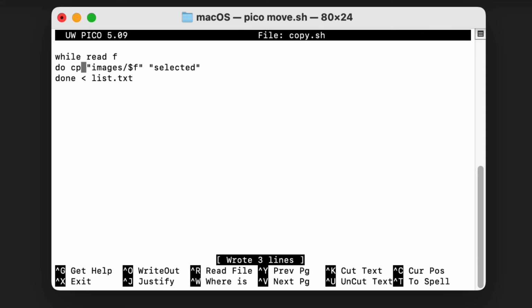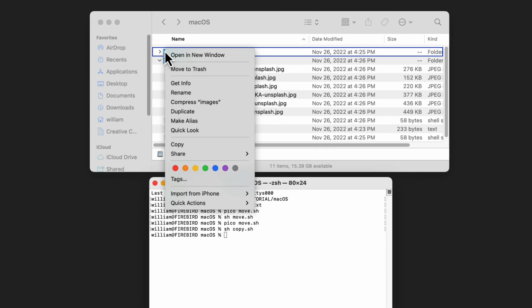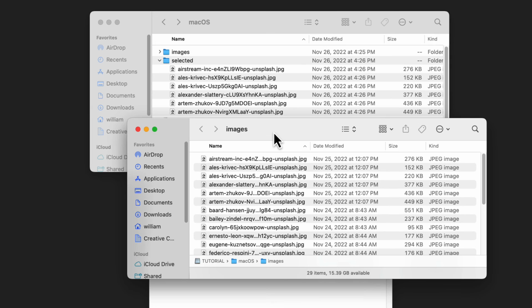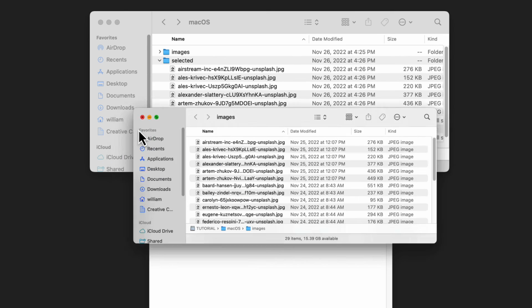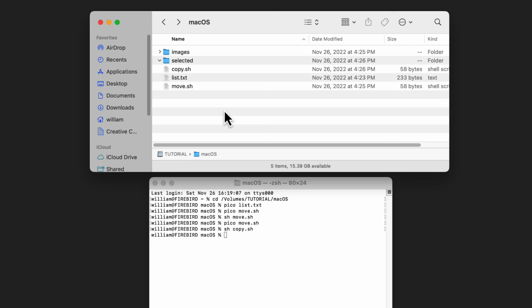Then press return. Control-X to exit pico. Now enter sh space copy.sh. Press return. And you can see the files in selected are copies. The originals are still in the images folder. I'll delete the copies.